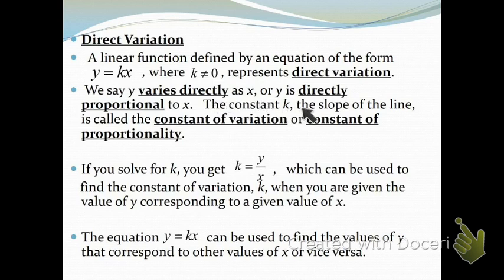The constant k is called the constant of variation. It doesn't change. So if we solve for k, we divide by x, we would have k equals y over x, which can be used to find the